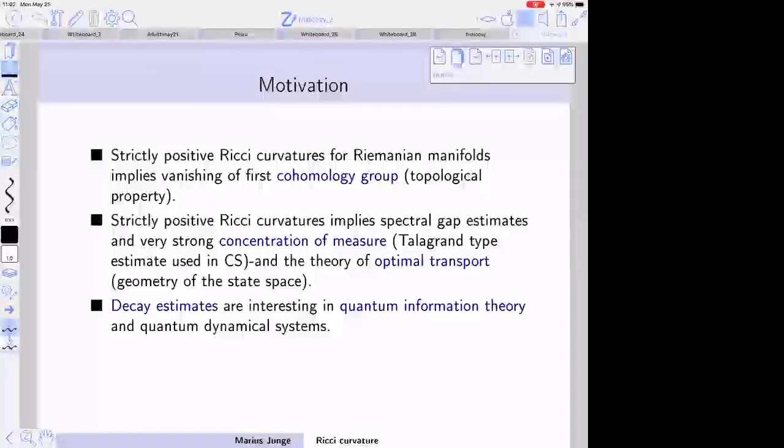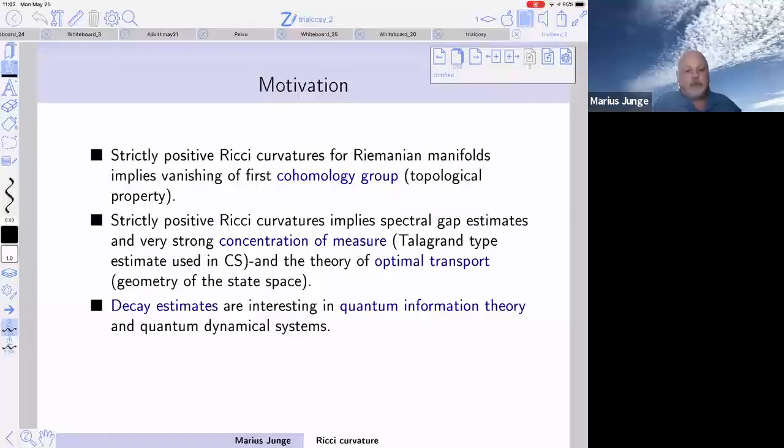Then there are these decay estimates in quantum information. You have something, no, I don't want to unmute myself, okay. I had to do this because I had an announcement I should unmute myself, but I don't want that because